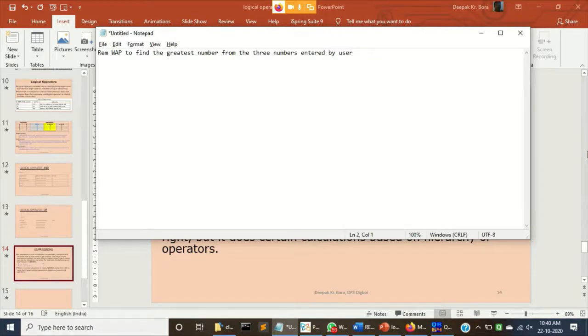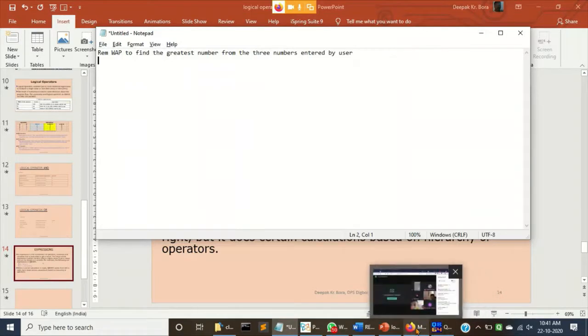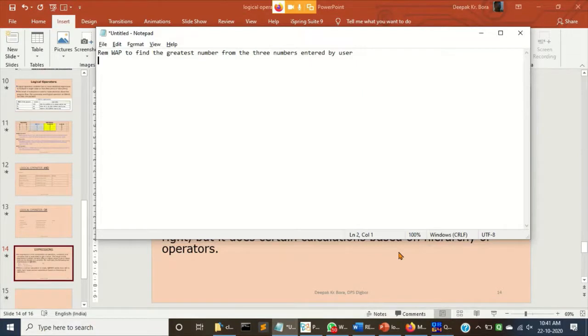No, you can't do it. With the normal concept, maybe you can do it, but others can't. So I have to explain this. Class, I will stop presenting. I'm making a video out of it, so if you want, I can give you back the things. Here: write a program to find the greatest number from the three numbers entered by the user.